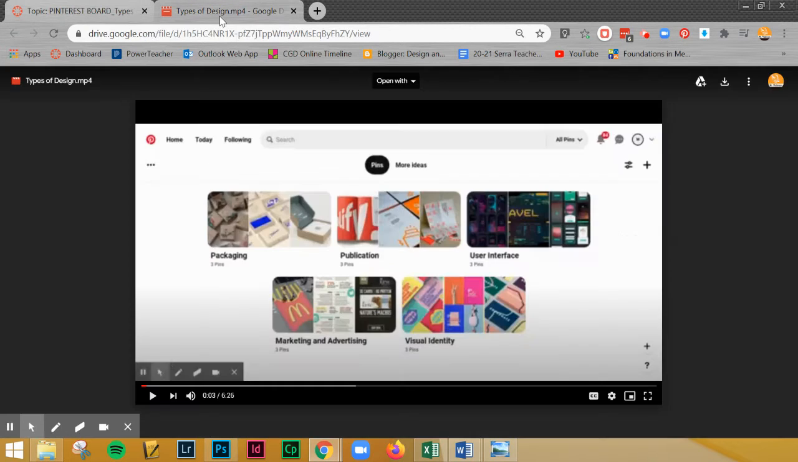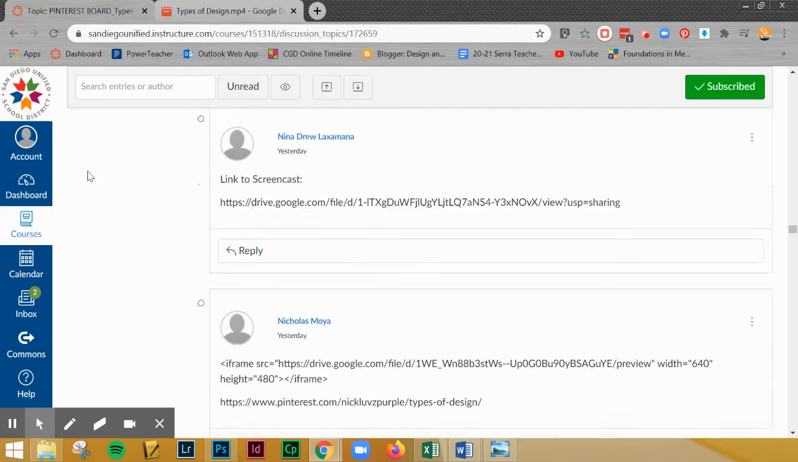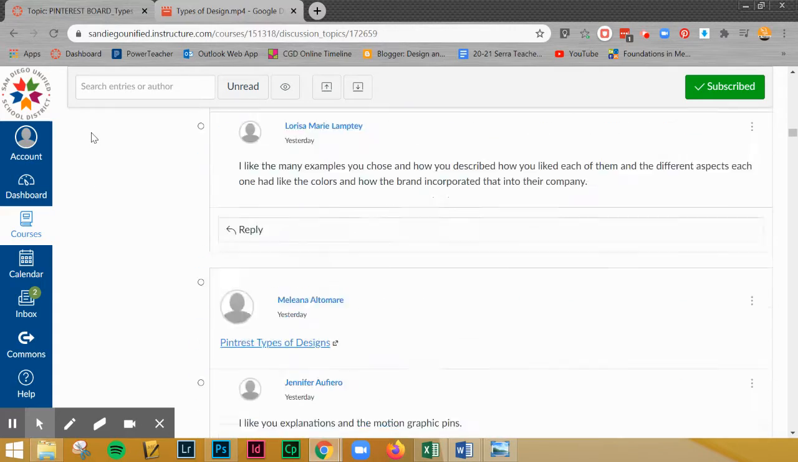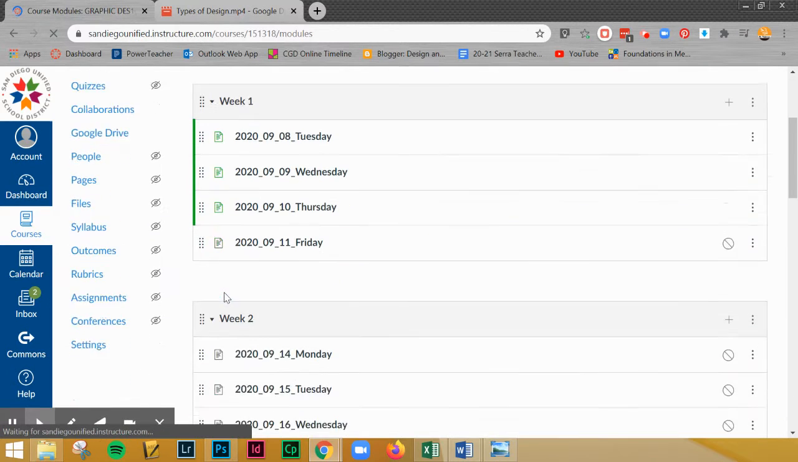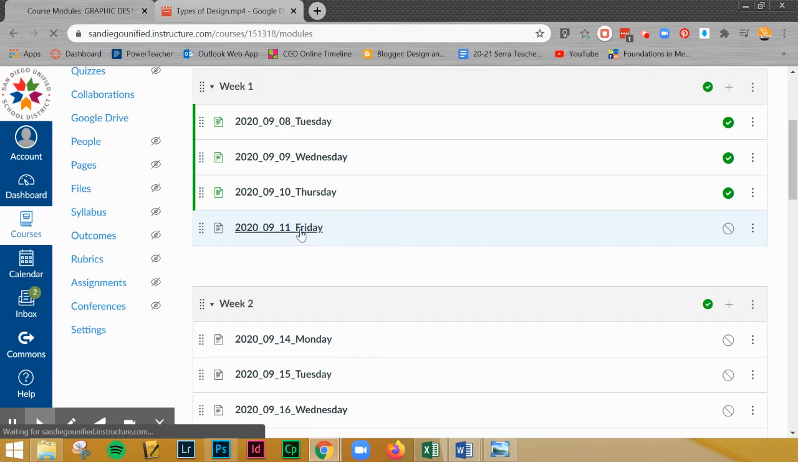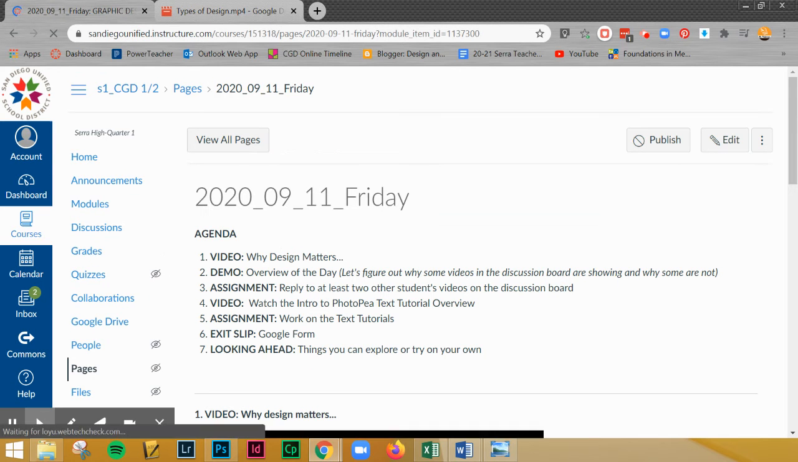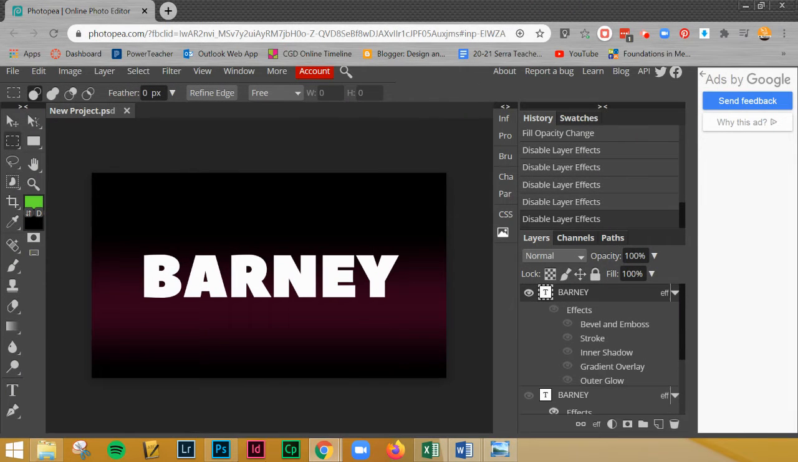After you're finished with that, let me go back up here to modules. After you're finished with that, we're going to start using a program called PhotoP. PhotoP is very similar to Photoshop, but the cool thing about it is it's all online. So this will actually run on your phone. This will run on a Chromebook. It'll run on any computer. And like I mentioned in previous demos, I'm surprised that this hasn't been shut down,